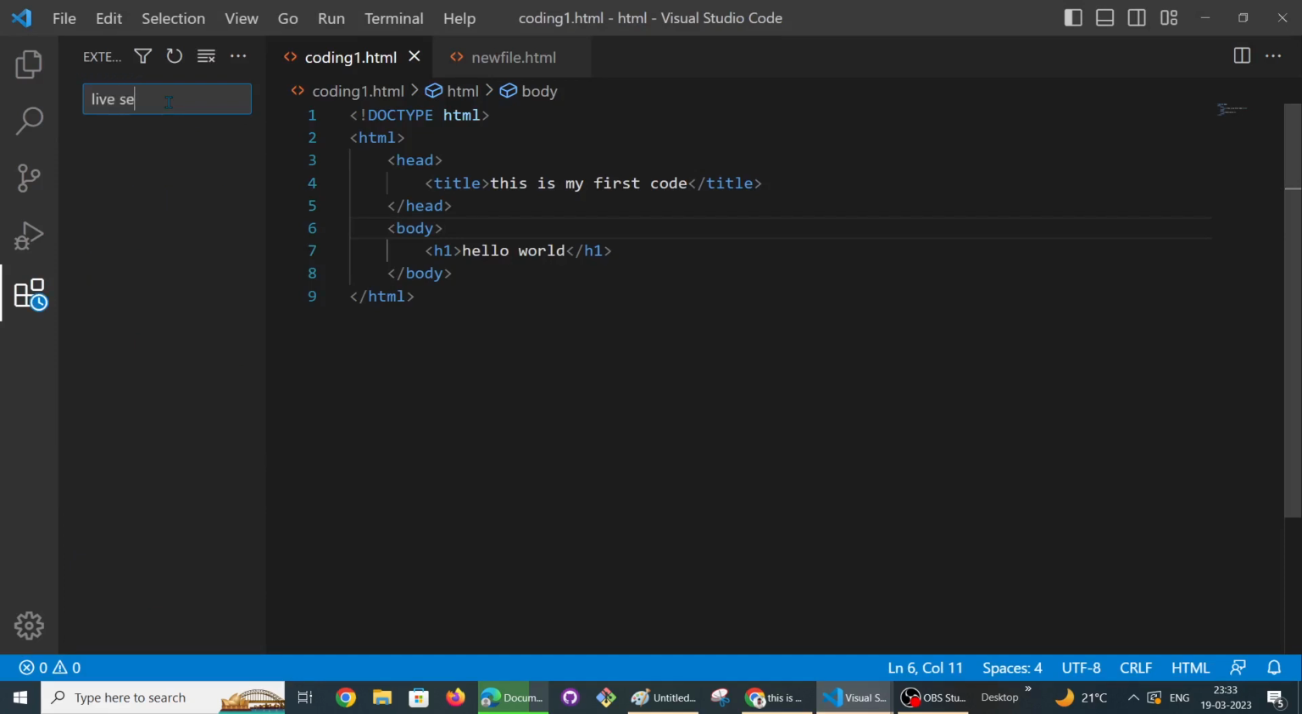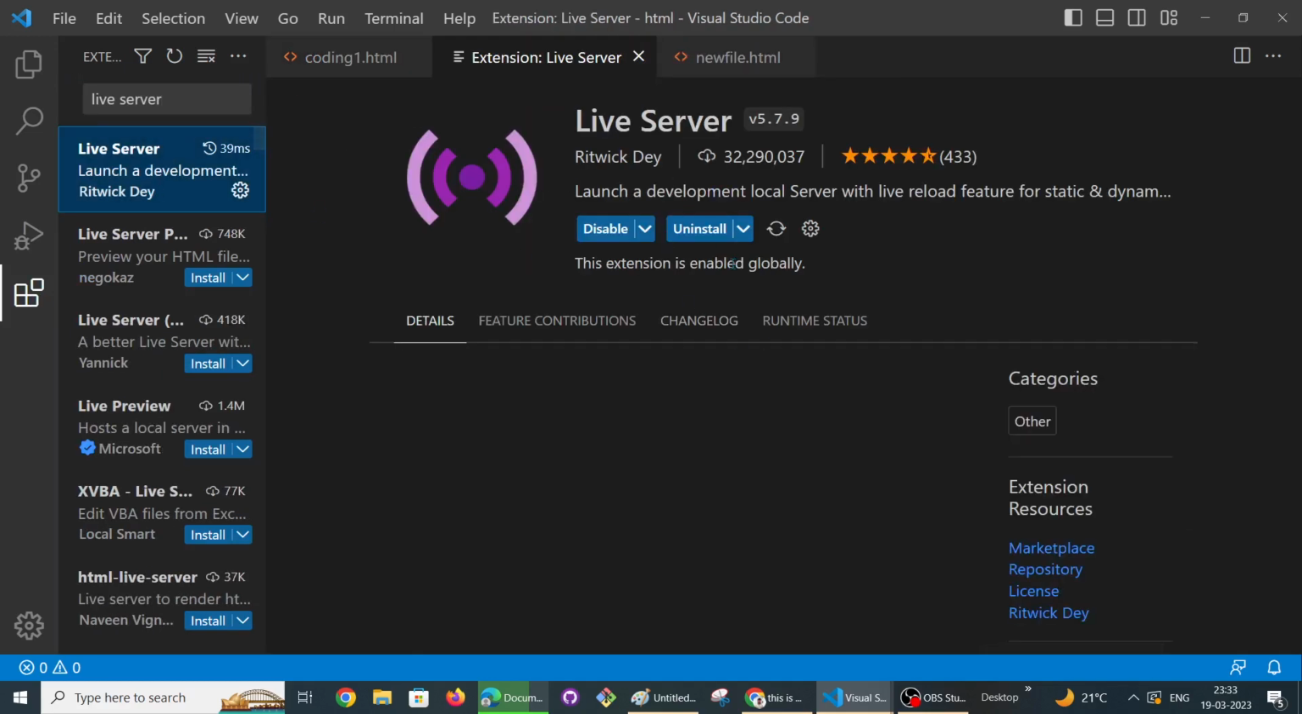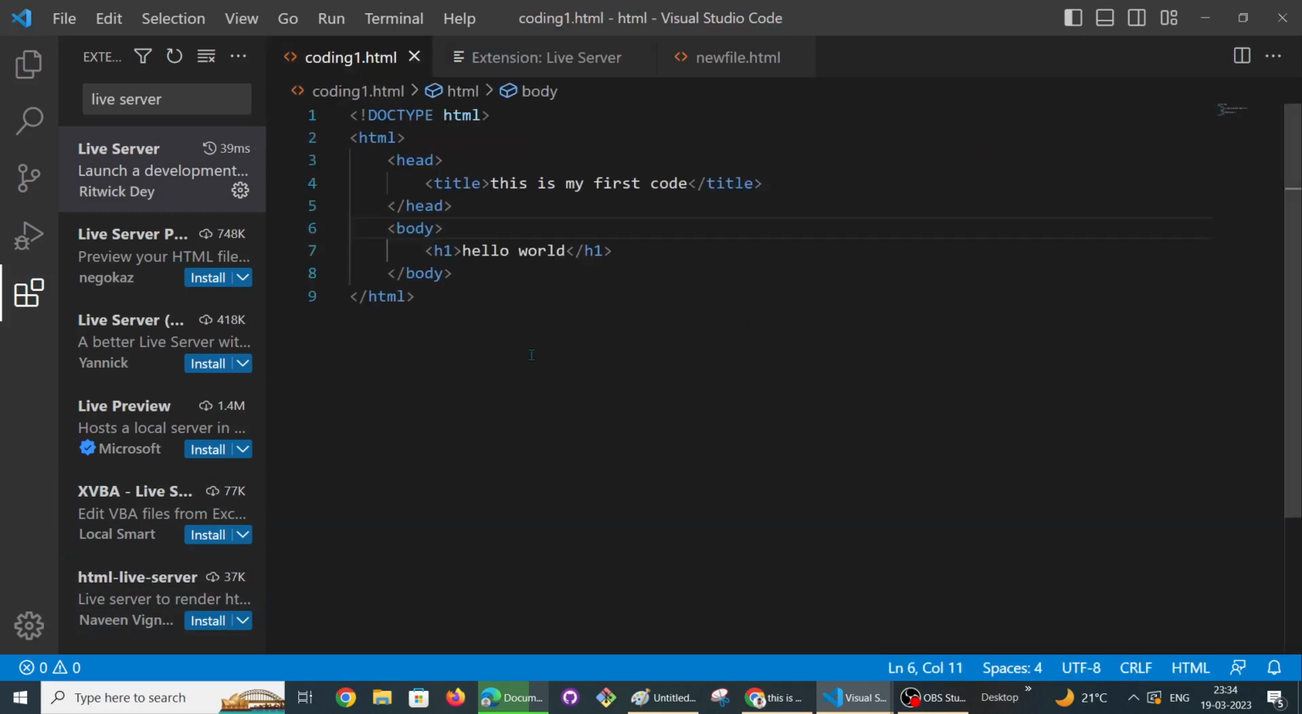Live Server. Here you can see I have already installed it on my system, and you have to install it. Okay, if you want to use shortcut keys, for save, for comment, or anything,